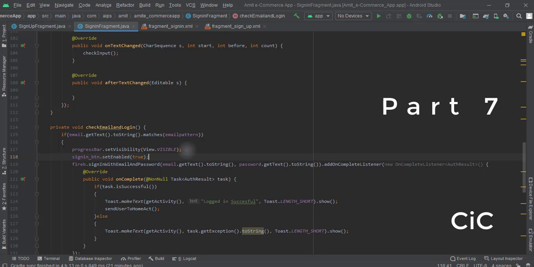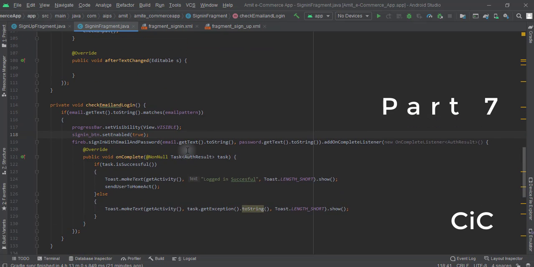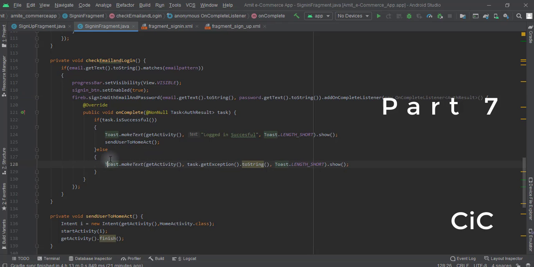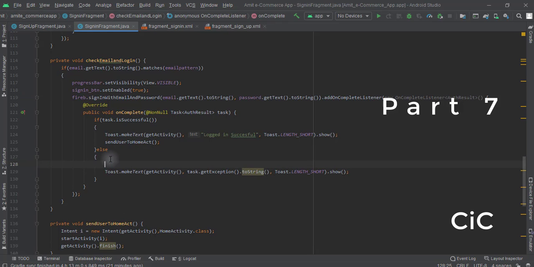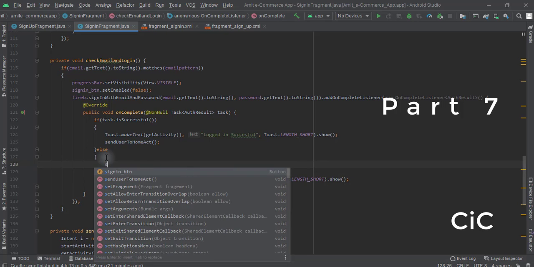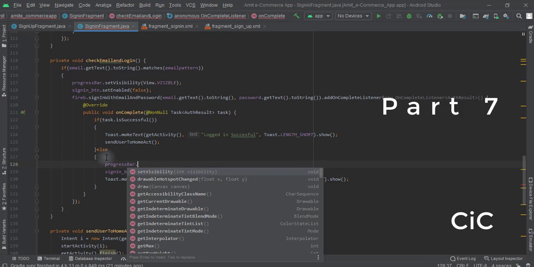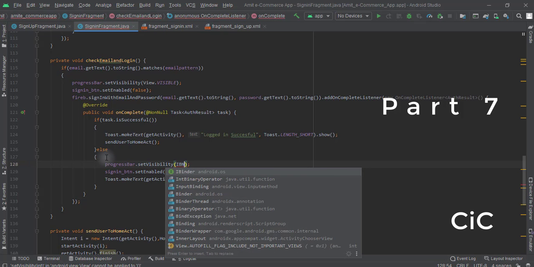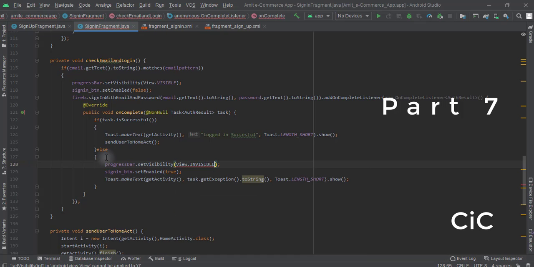So we have enabled the button and set the progress bar as well. Here, we will set the button to false so that the user does not click more than once. If the task is not successful, we will enable the button again so that he can tap on the button and sign in again. And also we will set the visibility of the progress bar to invisible.